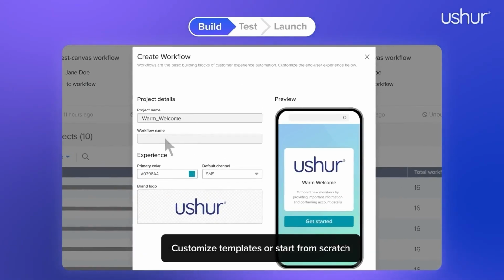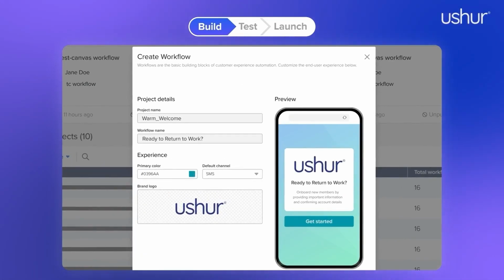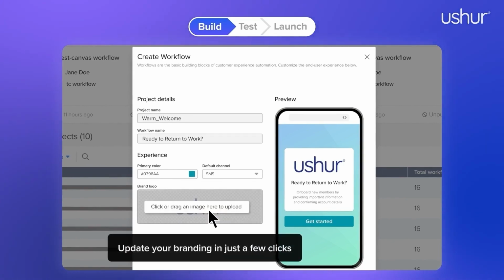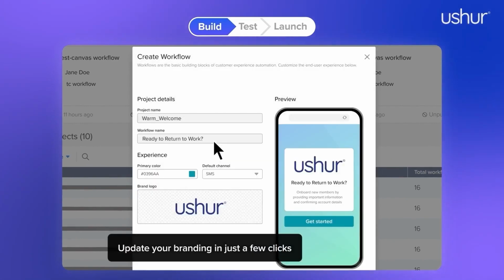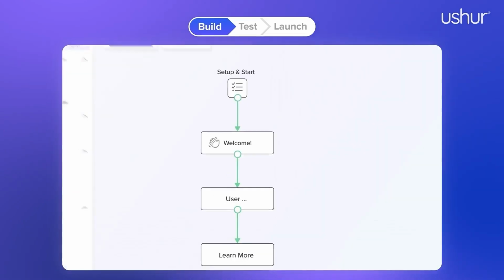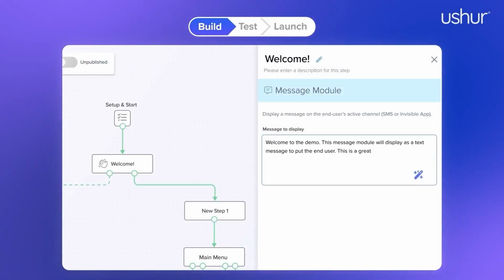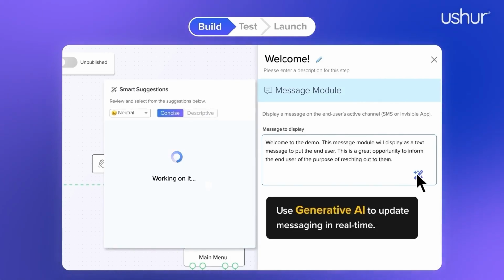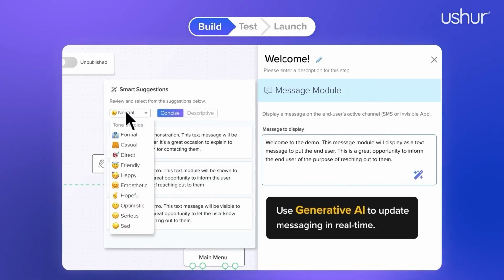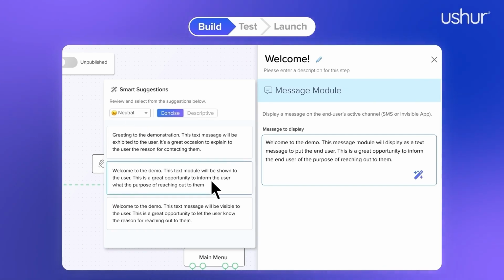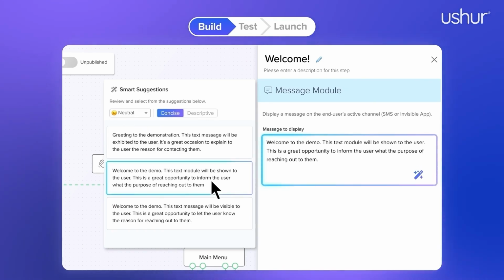So there's basic things you can customize like branding, colors, logos, but we wanted to take it a step deeper. And so the AI in the product, in the Ushur Studio, helps our users craft the kind of language that will best serve the needs of their end users. And so our users go into the studio to build a completely custom engagement using the drag and drop builder. And then the AI and the customization capabilities allow them to form that experience in a way that feels more